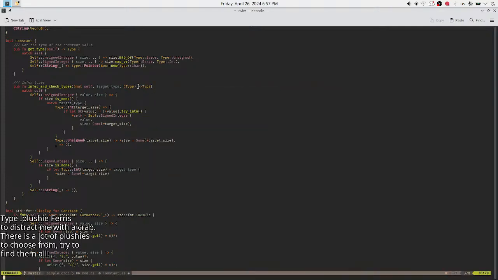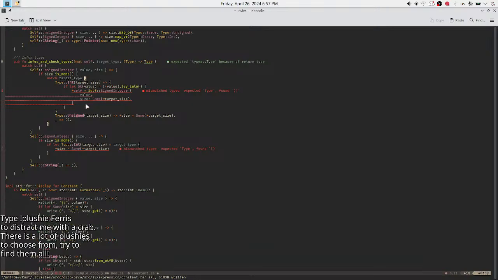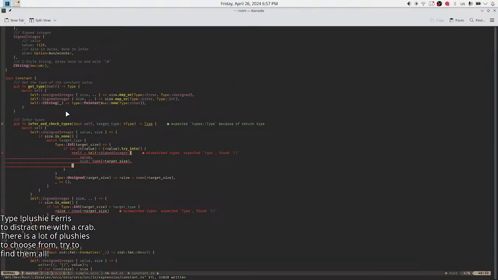Because why not? I will obviously need it, but if I just call get type, it will be unnecessary calling, and I can just return here, and I'm obviously gonna need it. Signed integer, string, and for constant I can just return type.